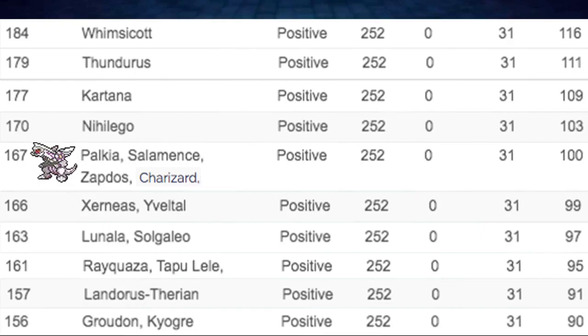It is very, very popular, so you're going to have some speed ties every now and again. Your opponent has like Charizard speed tying, or Zapdos, a couple of speed ties there, but overall it's not a bad place to be at. There are a lot of Pokemon that are outspeeding it though. Nihilego at 170, Kartana at 177, Thundurus, Whimsicott, all these 170 to 200 Pokemon, Blacephalon, Garchomp, Tapu Koko, Cinderace, Dragapult,